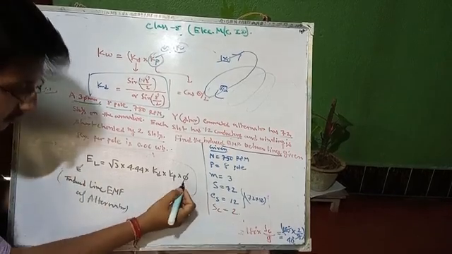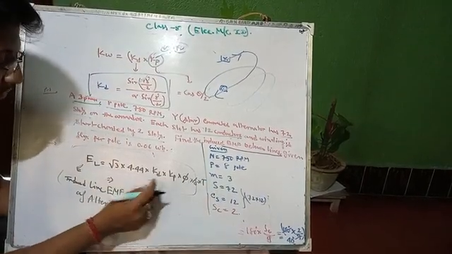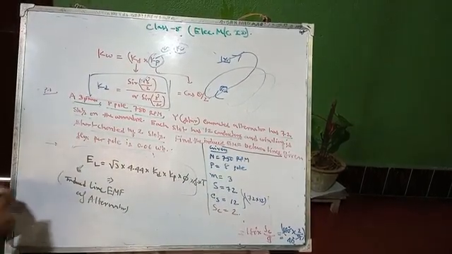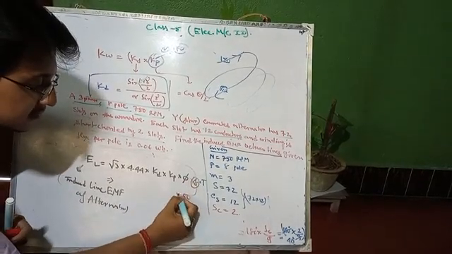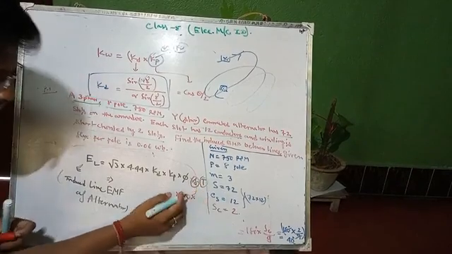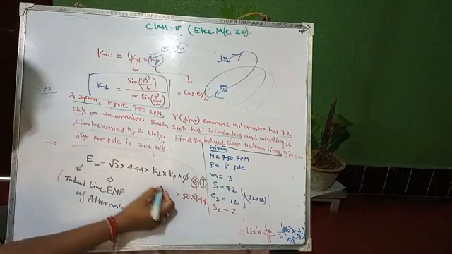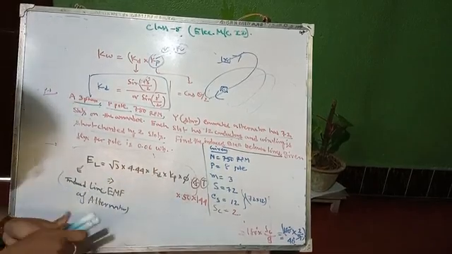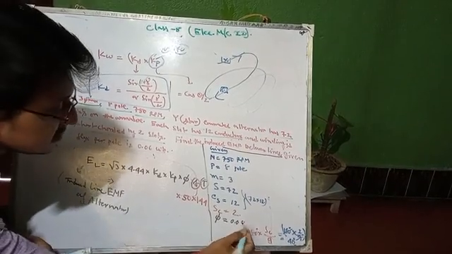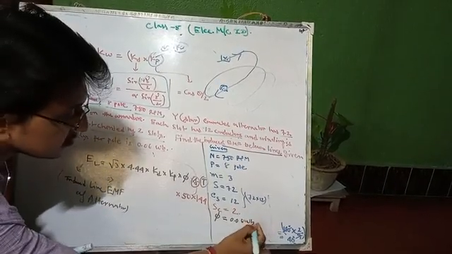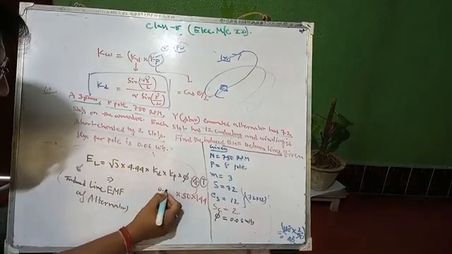Okay, so what is the formula? Phi into F into T. From the first step we have F. F equals how much? 50, so I can write 50. In the third or fourth step we can get T. T equals 144. And phi is given: phi equals 0.06 Weber. So it will be 0.06.